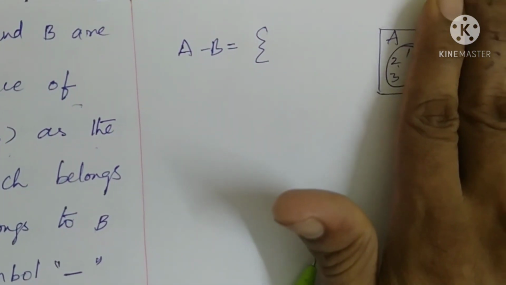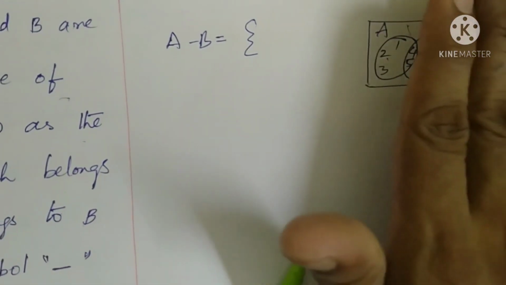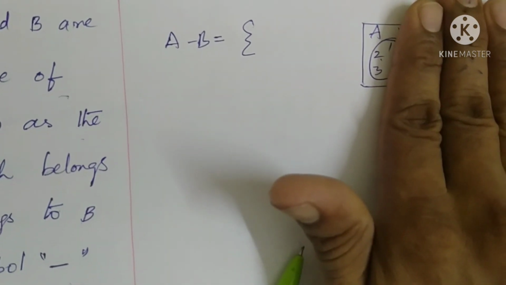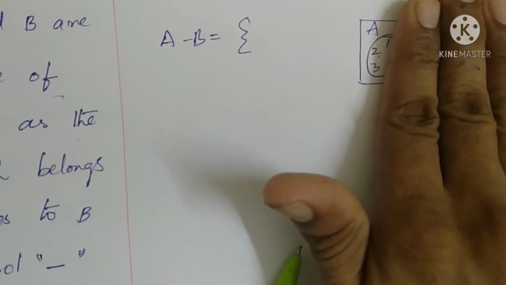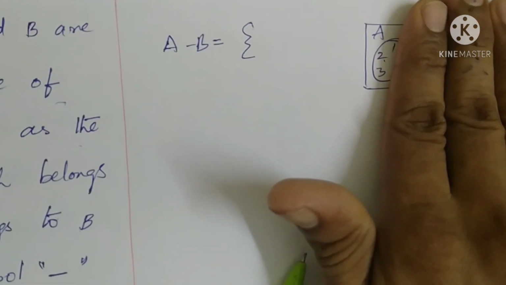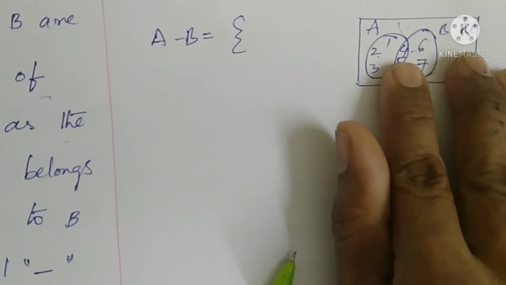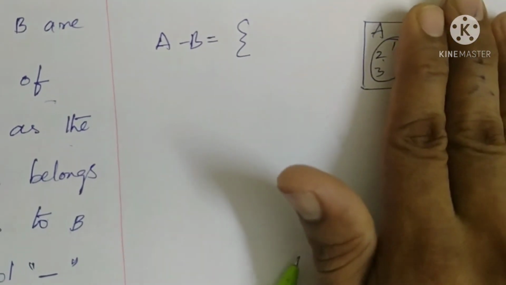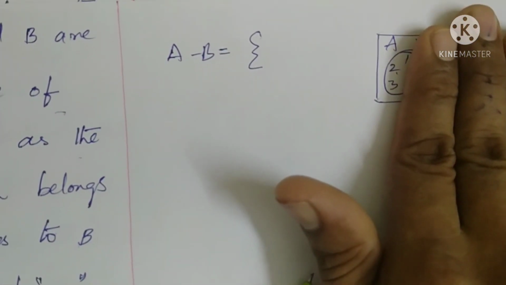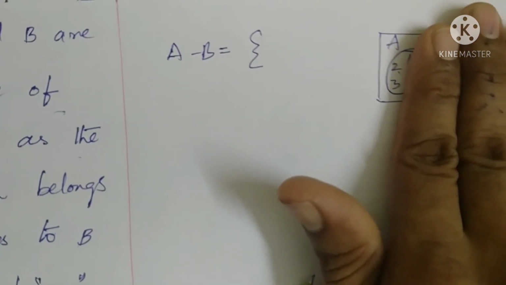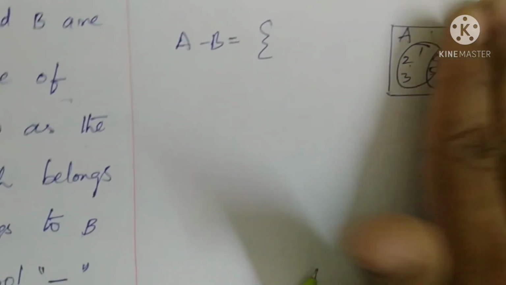Means we have to close the intersection point and B elements. Here this is the A minus B elements, the elements which belong to A only and do not belong to B. Here we have to close the intersection point and B elements. So set A elements are the result of A minus B. Here 1, 2, 3 is the set of elements that gives us the result A minus B.